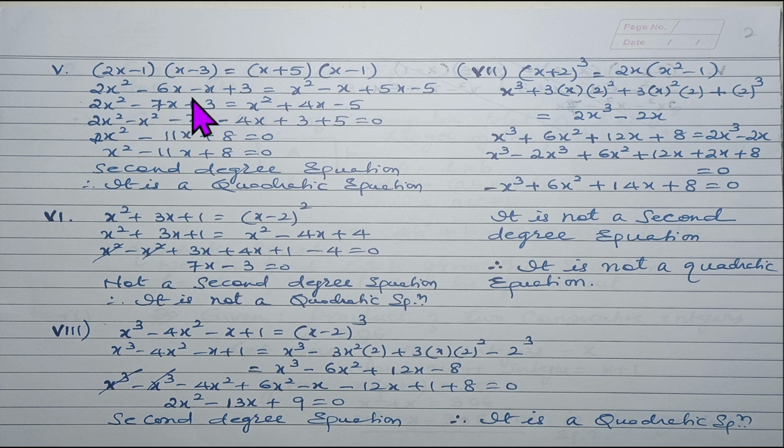Now bring again further simplify it first, so it is 2x square minus 6x minus x is minus 7x plus 3, x square minus x plus 5 is plus 4x and minus 5, and now bring the term to the left hand side, we get 2x square, x square becomes minus x square, minus 7x as it is, and take plus 4x to the left, it becomes minus 4x, and plus 3 as it is, minus 5 becomes plus 5